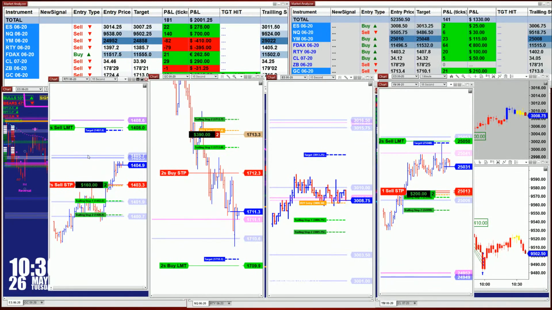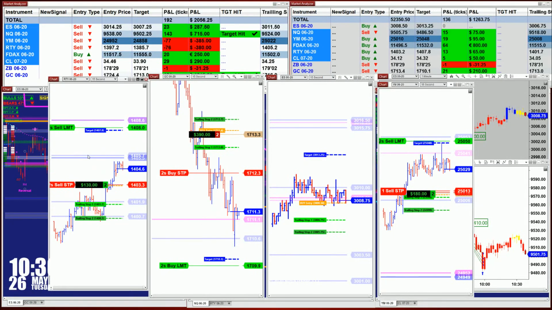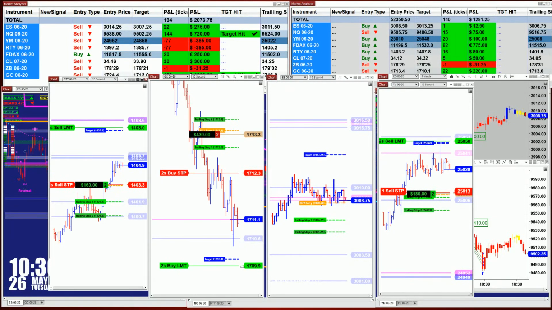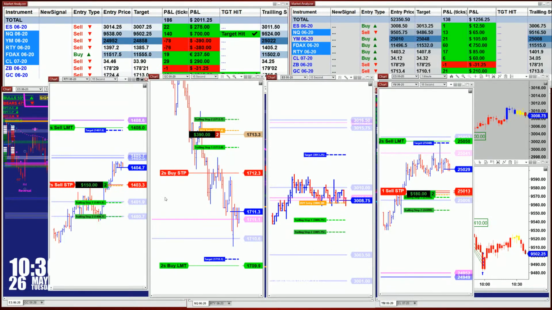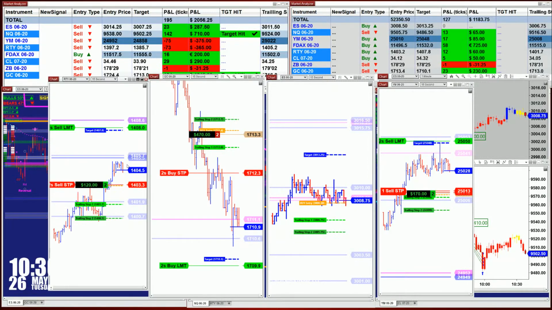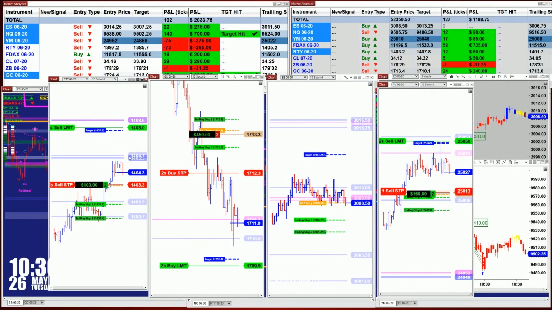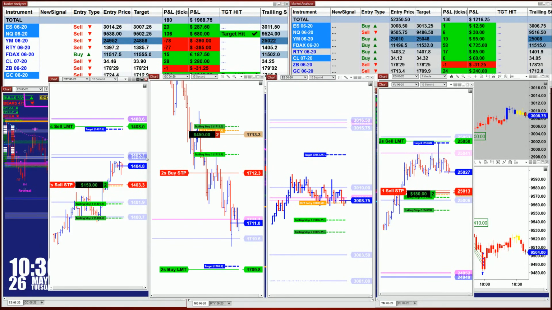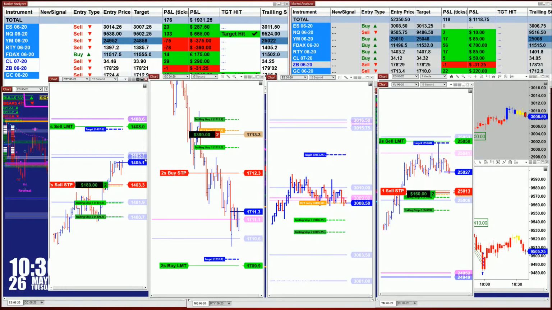This is a very high-risk trade in the futures, and you have to make decisions right away. You have to understand what this market is telling you. The market is telling me right now on the gold, I have a problem at 1711. On the Russell, it's telling me I have a problem at 1405. What you want to do is your call. Do you want to leave the table or cash in? It's telling you.